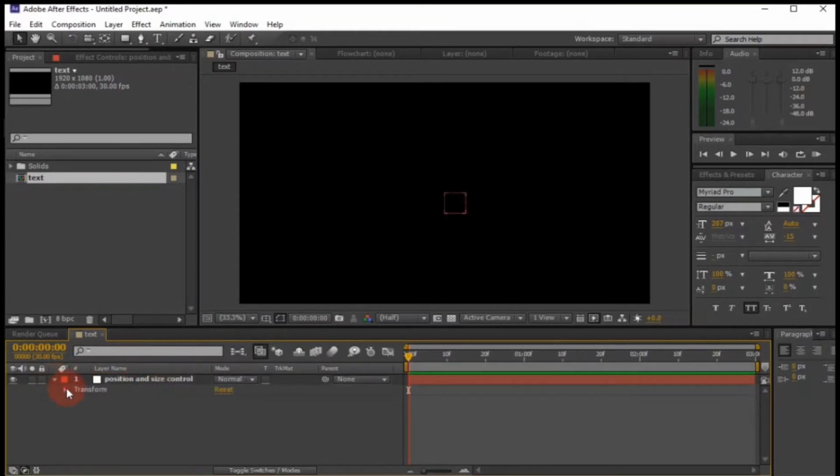Now expand the layer and change the anchor point to 50, 50. Then change the Y position value to 538.